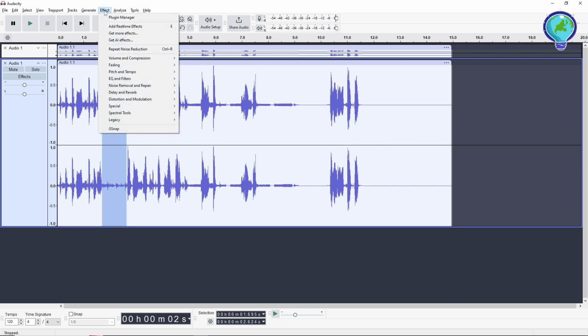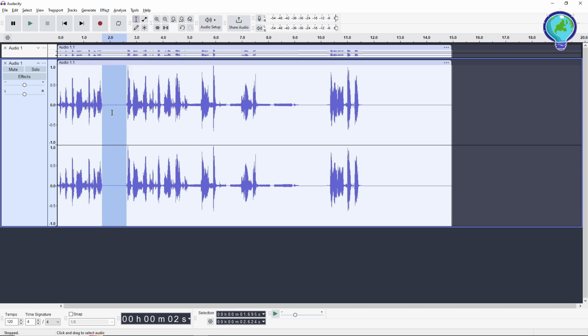And now go for the effect. And now you should have this option over here, Repeat Noise Reduction. So just simply click on this. And as you can see, you should be able to apply the noise reduction. And that's